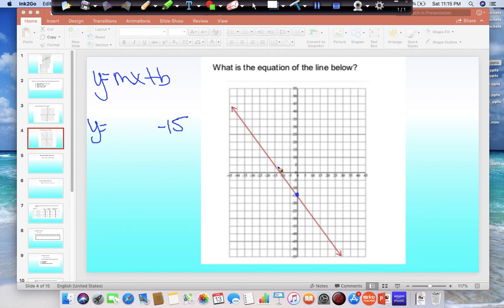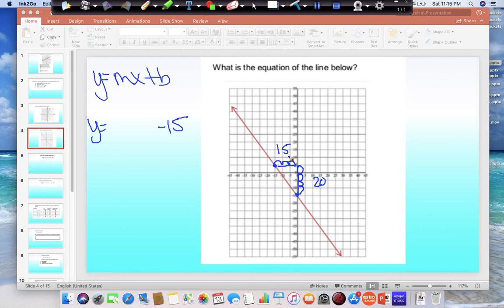Okay, so it's counting by fives. So I'm going to pick this dot and the one that's already given to us for our y-intercept, and we're going to find our slope with these two dots. Okay, so we went up 5, 10, 15, and 20. And then over 5, 10,